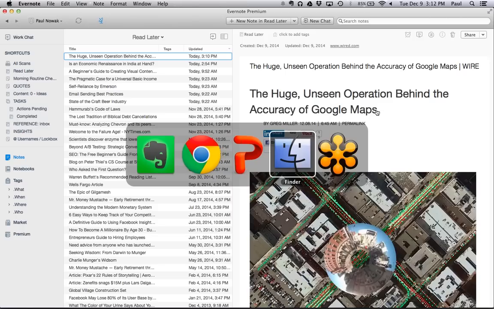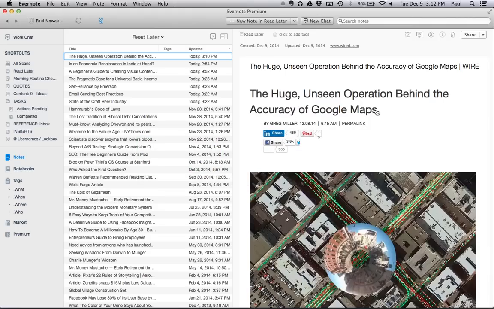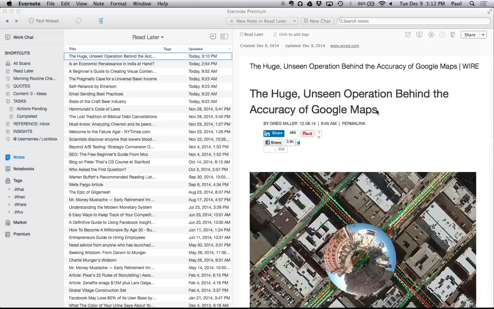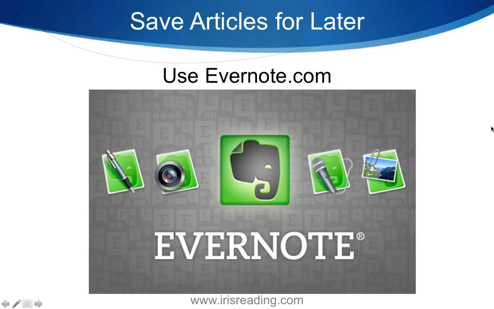So again, for those of you that were wondering, how do I switch between programs? That's just holding down the Command button and then pressing Tab. I think if you're using a PC, you have to use Control and Tab. But it's just a quick way to switch between applications. So if I want to go back to PowerPoint, I just go like this, and I am back here in my PowerPoint.